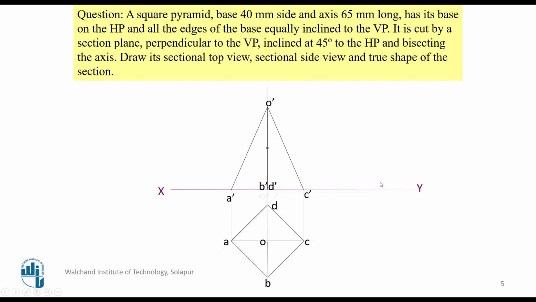And 45 degrees to HP. You can even draw a 45 degree line somewhere at your convenience, like this. This is a 45 degree line. Suppose you consider this a 45 degree line, draw it and set the drafter to this one. Bring that drafter to this particular position because it is bisecting, as given in the problem. The center is already located. Bring the drafter directly onto this particular point and then draw the section line, like this.